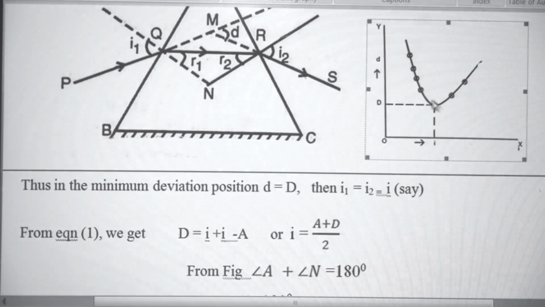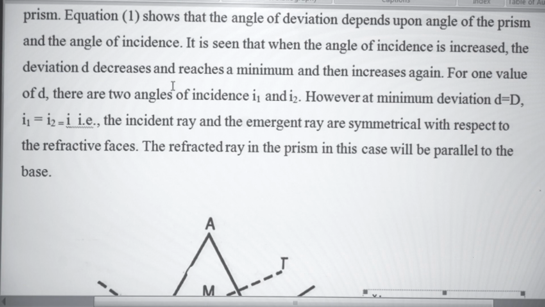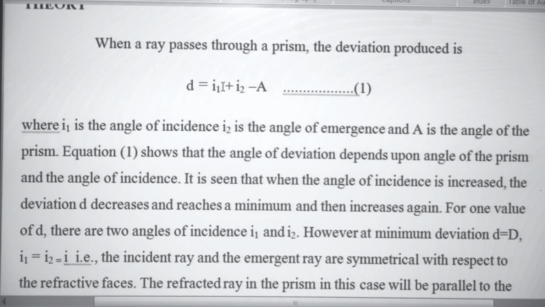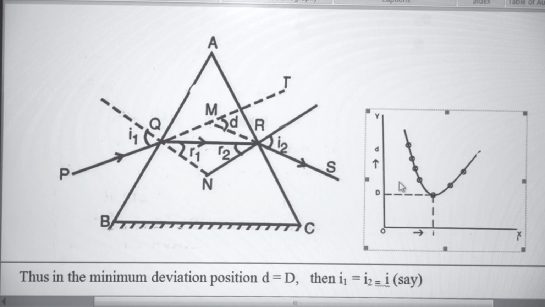when the ID curve is plotted. Here we are not plotting the ID curve for the prism. For a particular value of I, there is a deviation D. So as the value of the angle of incidence increases, from this formula the deviation decreases, and when I is further increased, the deviation again increases. So the graph between I and D for a prism is like this, a parabolic curve